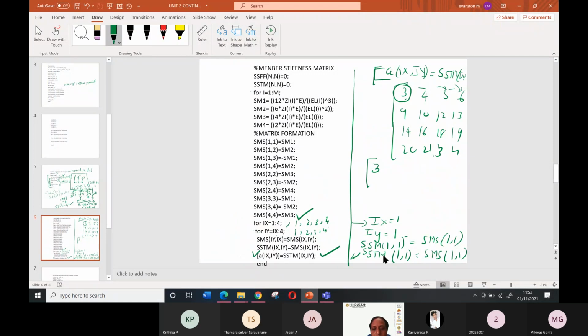So let us see. Now it has calculated the SSTM1 is equal to, it will store the value of 1, 1 as 3. Now it has to store the next value. Now Ix is equal to, this loop is the outer loop. There are two loops, the outer loop and the inner loop.